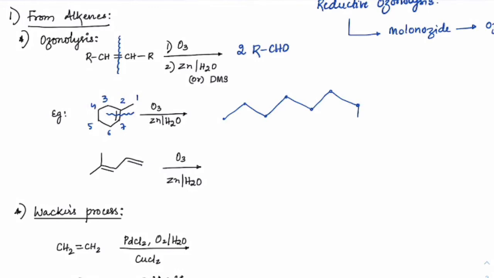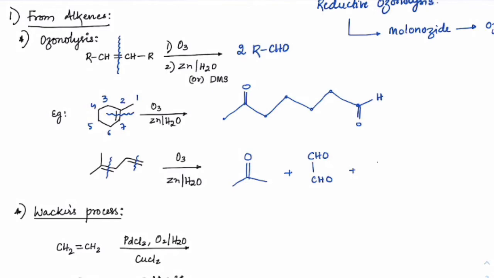On the 7th carbon, because it is reductive ozonolysis, I will have H here, and on the 2nd carbon I will have double bond O here. Next one, again when I break on this side as well as this side here, the first 3 carbons which are there, they will become acetone form here, plus we will have CHO and CHO forming here, right?